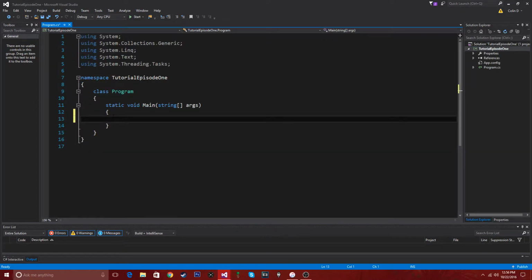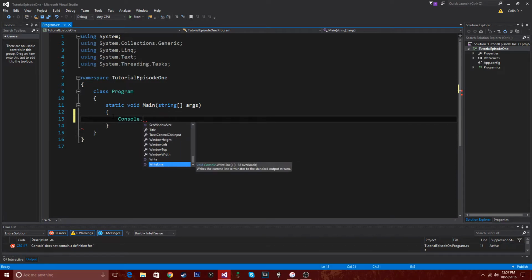Alright, so now that you're here, you're going to want to type in console dot, and you'll see all these things pop up, and these can be very confusing. There's a lot of options. You never really know what you want to do with them. What these are is pre-made functions that you can run, things that run different commands, or different variables, or different things that are preset into this language. You can do a bunch of different things with them, but what we're going to be doing right now is